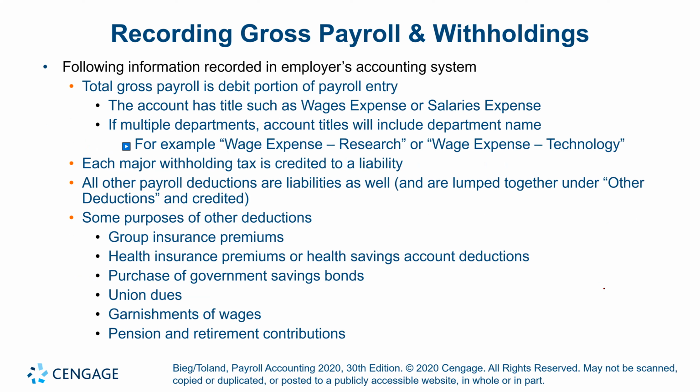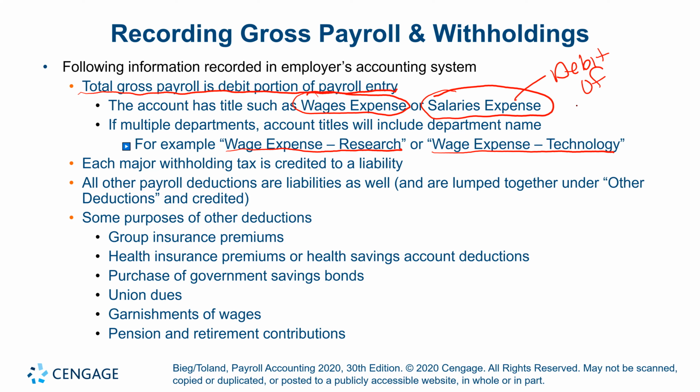Okay, so recording gross payroll and withholdings. So total gross payroll is the debit portion of the payroll entry. And like we said, we usually debit wage expense or salaries expense. And if there's multiple departments, they might break it down. We might have wage expense for the research department or wage expense for the technology department, right? But that's the total debit. And so this is the debit of gross wages, right? So this is the debit of the gross wages before we take any tax,